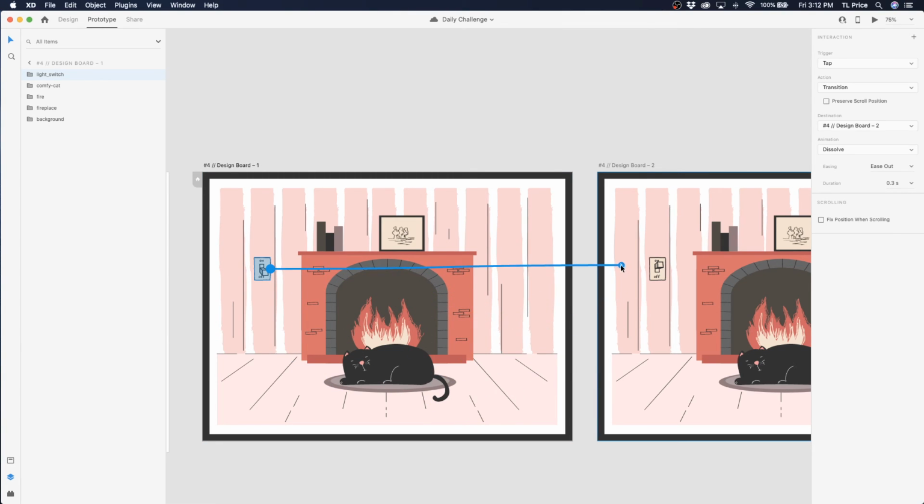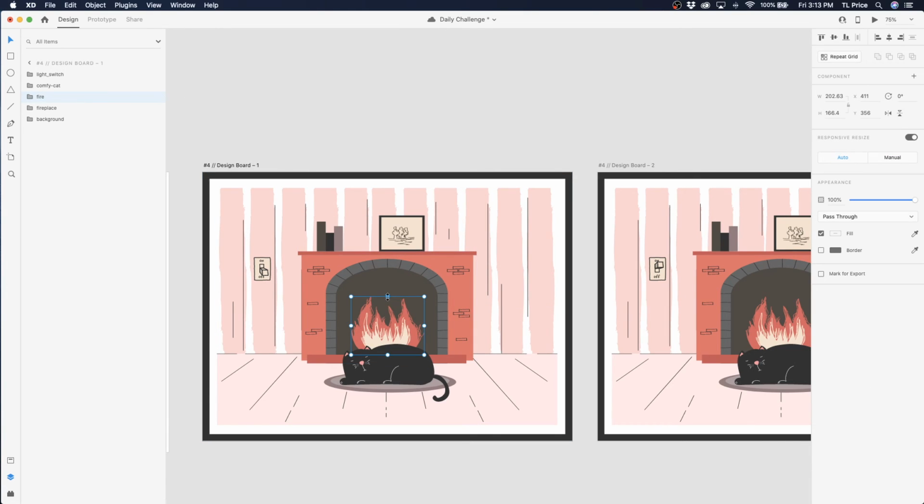And I can go over here and add Auto-Animate as a transition, and ease in is fine. I think I'm going to actually give it a full second just to get the actual effect out of this. And if I go back to design,